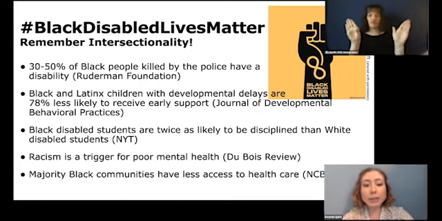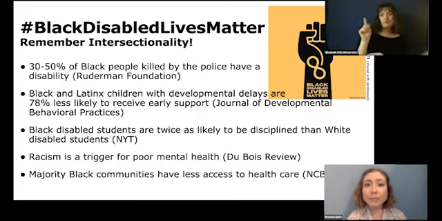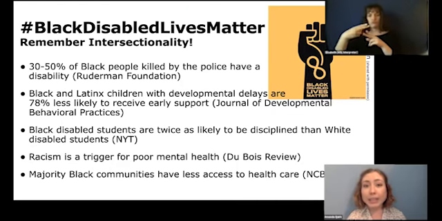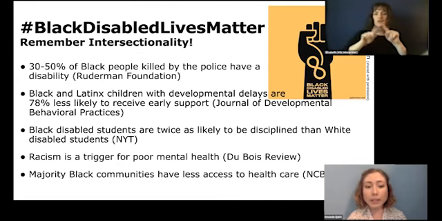I also want to take a moment to acknowledge intersectionality. Intersectionality is a term that was coined by Kimberlé Crenshaw, and it is the framework that the overlap of various social identities contributes to the specific type of systemic oppression and discrimination experienced by an individual. So for example, I am disabled and a woman, so my healthcare needs and pain are often questioned. However, I am also white, so I am not seen as violent or as a threat to police.